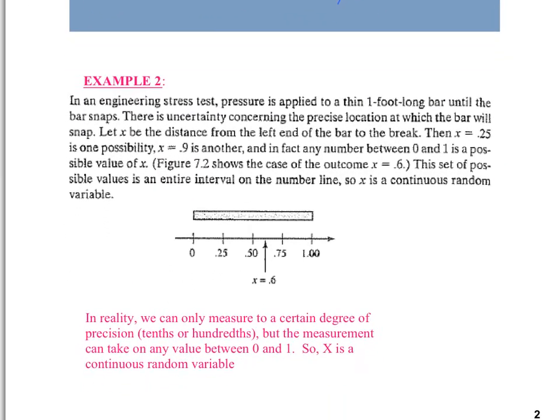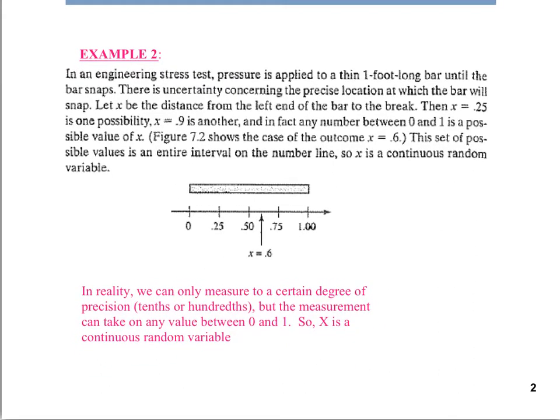Here's an example of a continuous random variable. It says an engineering stress test. Pressure is applied to a thin 1 foot long bar until the bar snaps. So here's the 1 foot long bar, and they're going to apply pressure, and it can snap anywhere. It can snap here, it can snap there, it can snap right in the middle. So basically, the random variable is where it snaps from the left-hand side. And so for this one right here, it might be at, I don't know, 0.31. Or if it breaks right here, it might be at 0.6. If it breaks right here, it might be at